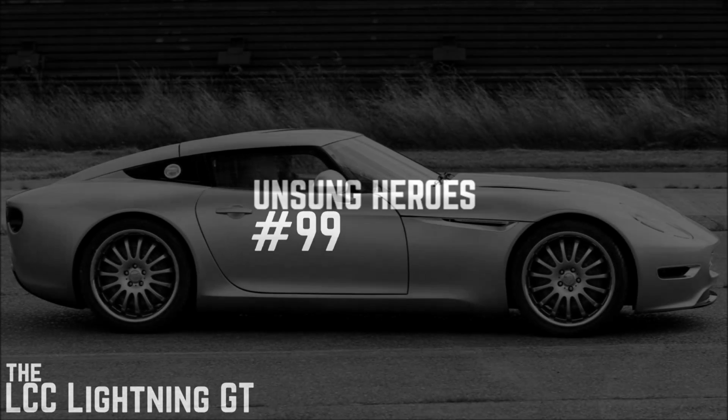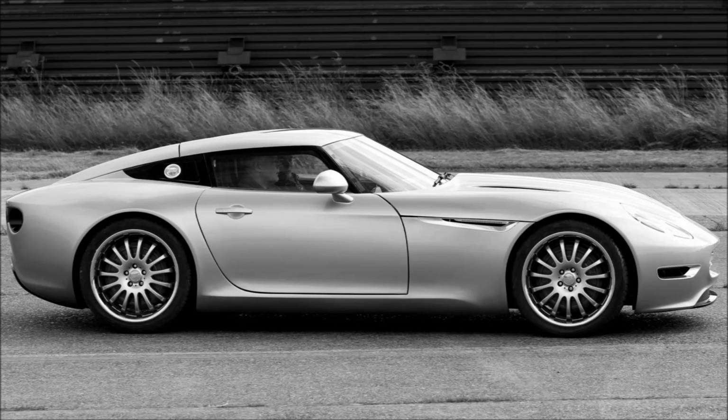This particular installment of Unsung Heroes is, as I've said a number of times throughout the entire series, one of my personal favourites, and the reason why is not only because of the drivetrain of the vehicle in question, but more so because this car is a great underdog story, and one which has actually not ended yet, which might be surprising to some people who have heard of the car before. But secondly, I think that this car does one thing so well that I would call it genius, and I'm going to get into that very specifically in